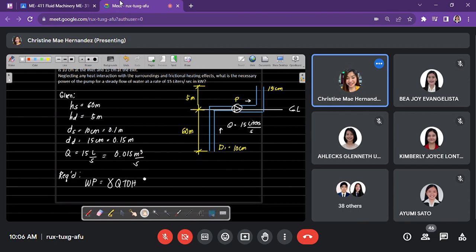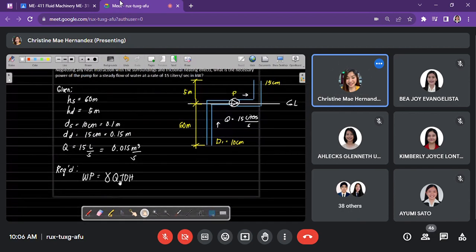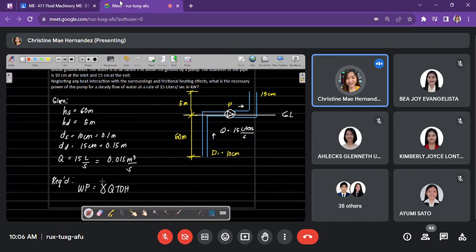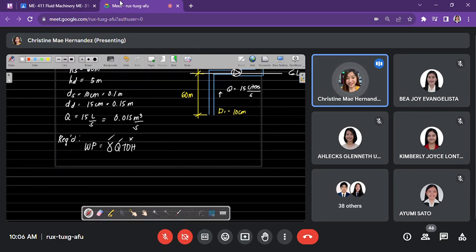So, kailangan tandaan nyo to. So, meron tayong specific weight kasi constant water. Q meron din, which is yung given value natin na 15 liters per second. And ang i-compute na lang natin is si TDH. So, kanina si TDH, meron tayong parang sa Bernoulli's, elevation head, HD minus HS